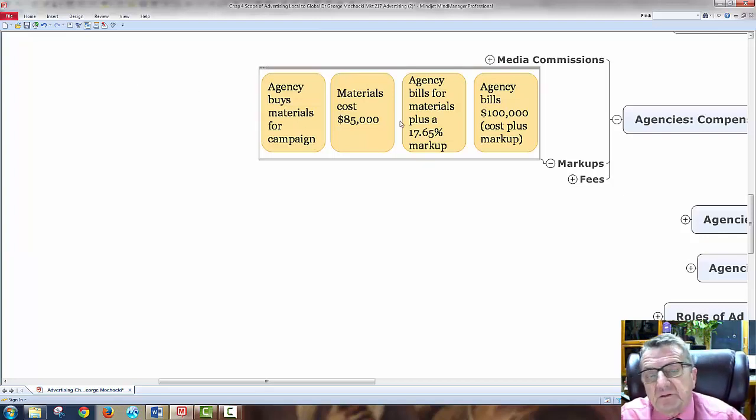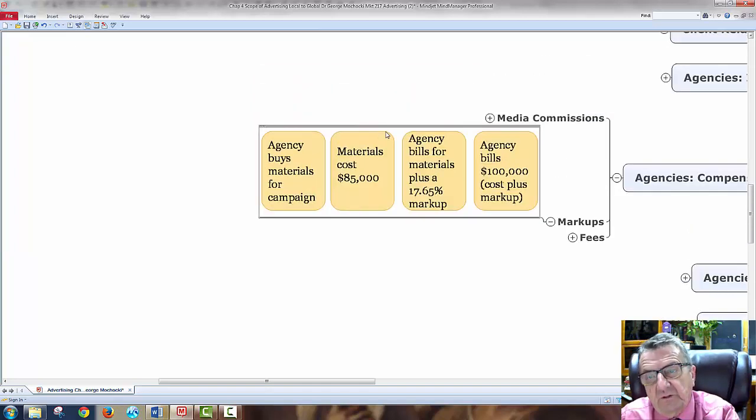Okay? So I buy the materials again, and then the agency bills for the materials plus a markup. This is how much it's going to cost me, $85,000, and I get it as a deal. My call. Now, do I pass it on or what I could sell it for, that's a different issue when you take me for accounting. Let's say it cost me $85,000. So now I got it for $85,000 pure cost. That's my bottom line. I turn around and I'll have a markup of 17%, and this one 18%. So then the customer pays me not only the commission as I looked at before, they also pay me for the cost, which is $100,000 plus that.